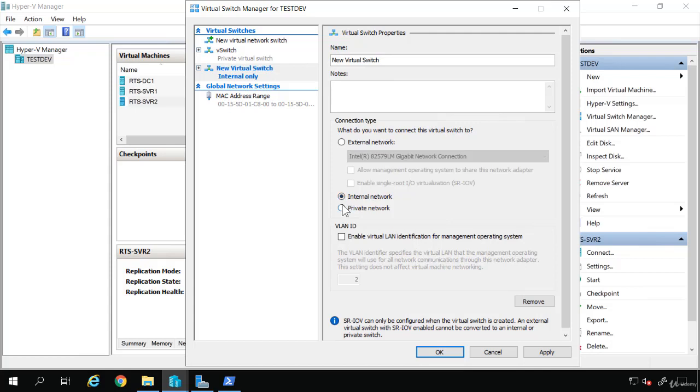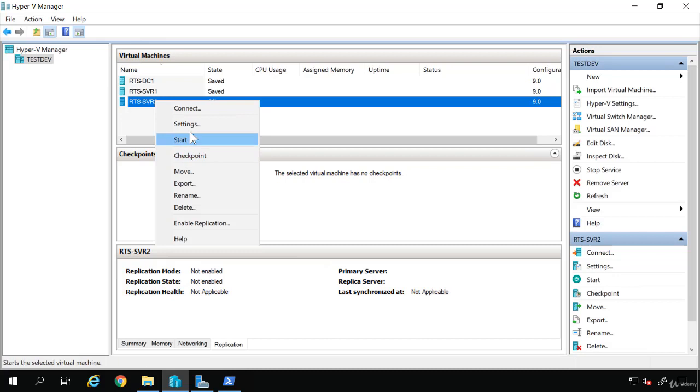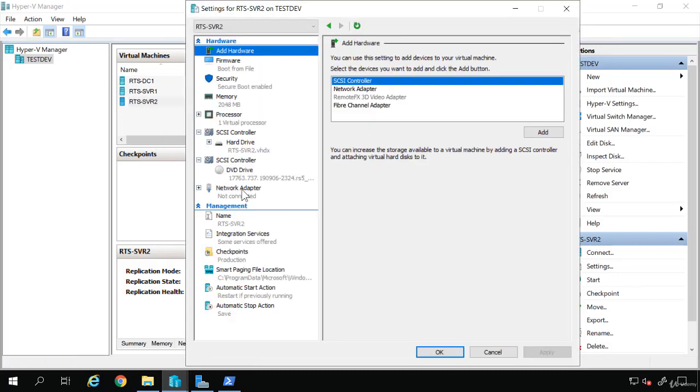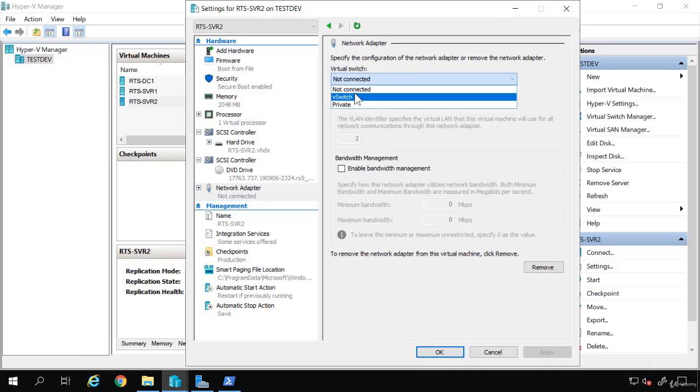If we wanted internal or if we wanted private, we could simply select that here. I'm going to create a private switch, and I'm actually going to name it private. And I'm just going to choose OK. Now, if I go back to RTS Serve 2 and go to Settings, for the network adapter, where it says Not Connected, now if I go to Virtual Switch, I will get a list of every virtual switch I created. If I choose the private, and I'm going to choose Apply,